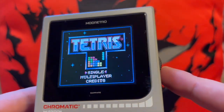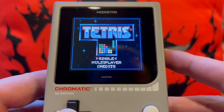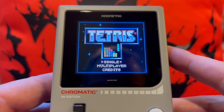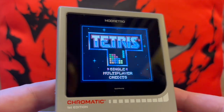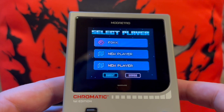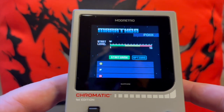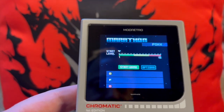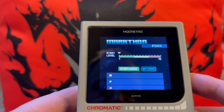Playing Tetris. So it gets pretty loud. And that's not even all the way up. Pretty loud for me, playing Tetris. But this screen is magnificent. It works so well. It's beautiful. That's the thing that I would like about this over the Analogue Pocket, is the fact that, let me turn that down while I talk,